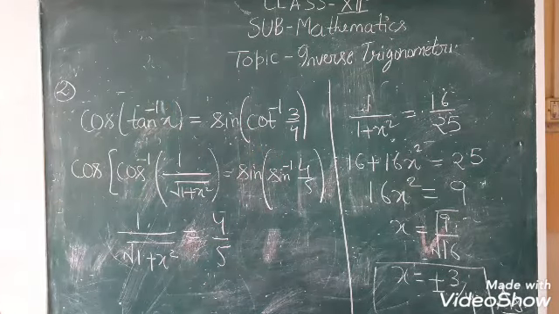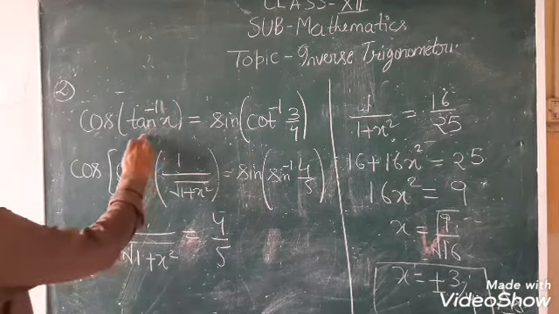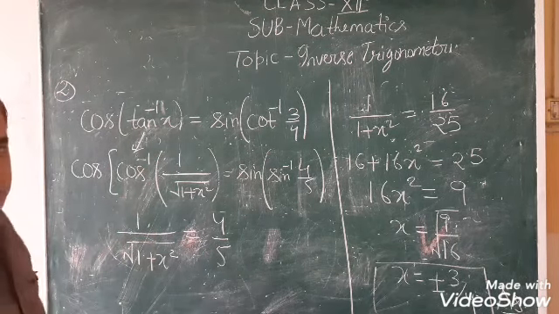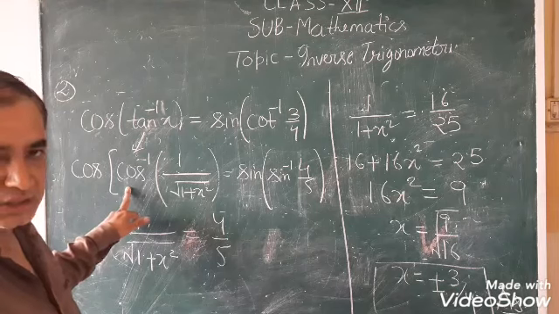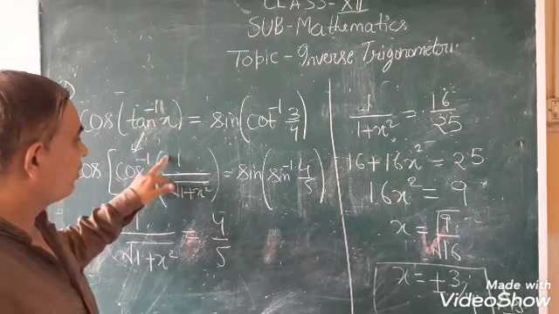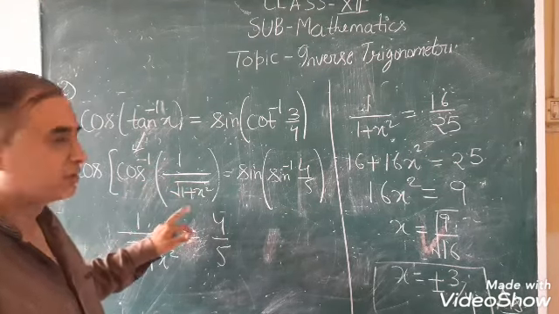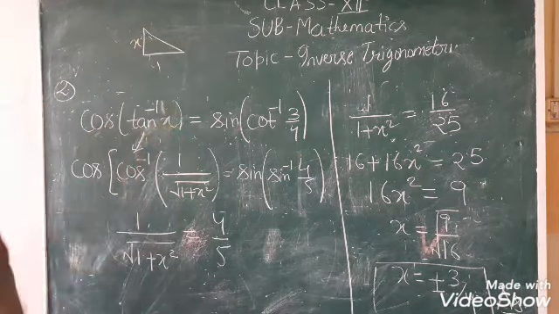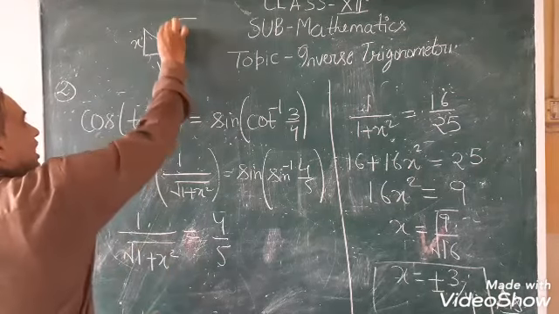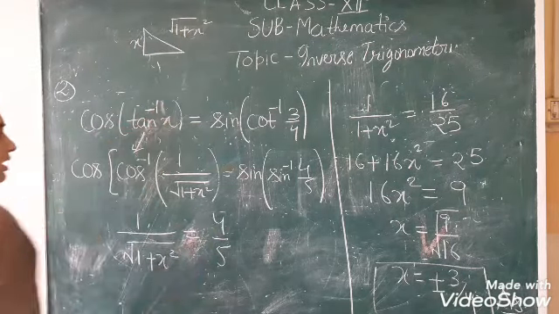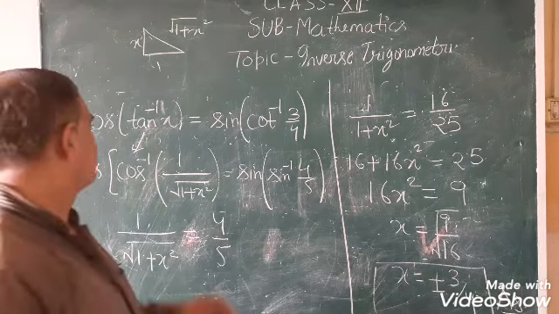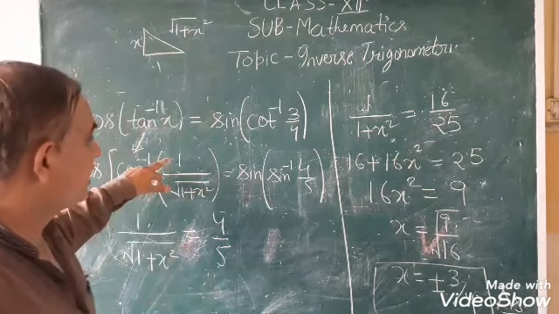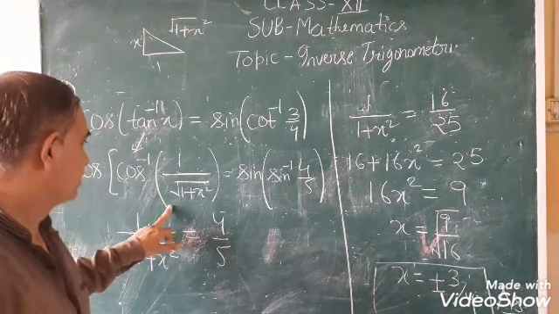So we start, firstly we see that tan inverse x. So we can write in this manner, we can change tan inverse x into cos inverse and the value will be 1 upon under root 1 plus x². You can see tan inverse x means perpendicular upon base is given, and the hypotenuse will be √(1 + x²). And we know the formula of cos θ will be base upon hypotenuse. So we just write here base upon hypotenuse.